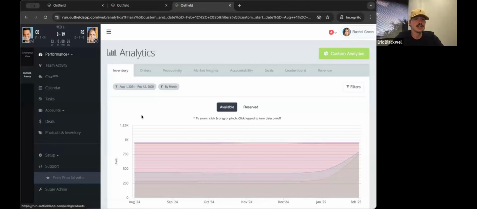And so if you have some of those add-ons, these inventory stats, order stats, revenue stats down here might be a little bit more relevant, but just to keep it somewhat surface for today and dive into some of the basics, some of the tabs that I generally point my clients to,